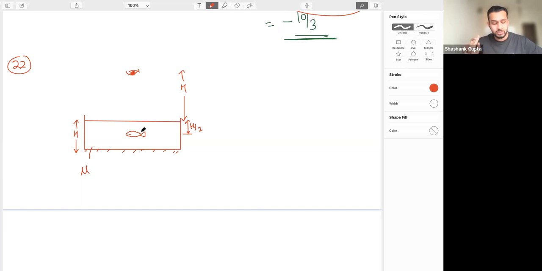So understand what exactly, how many things are happening. The first part is: at what distance from itself will the fish see the image of an eye? The fish wants to see the image of the eye. So this is the eye. The fish has its own eye obviously, but the fish wants to see the image of the eye. Understand? So from the eye the ray will come and go inside the fish's eye, right? Getting the idea?